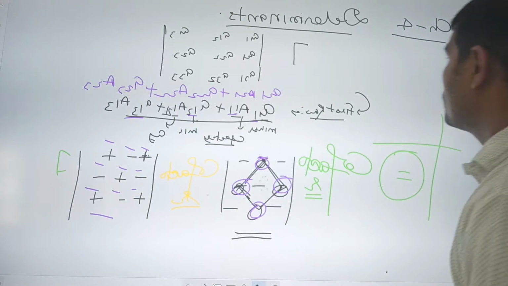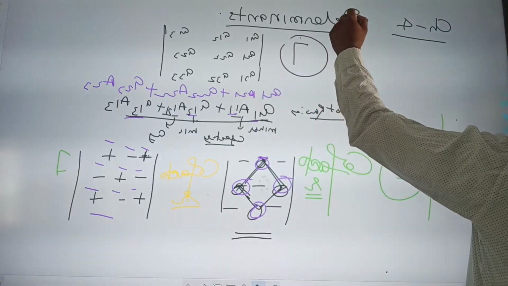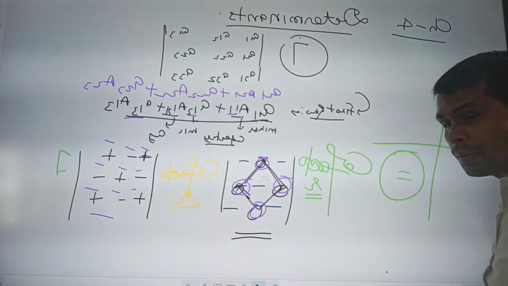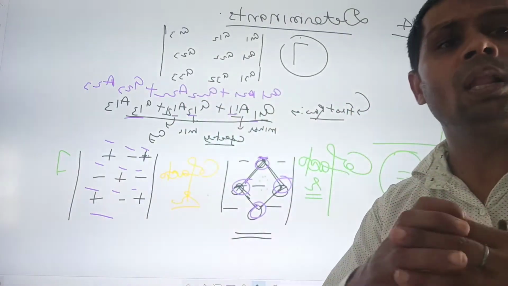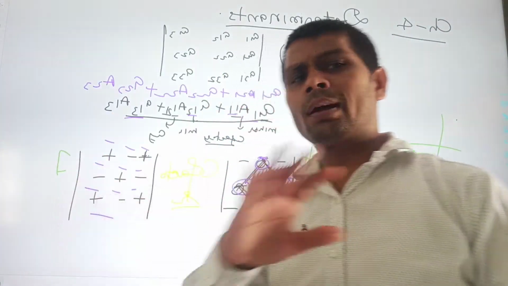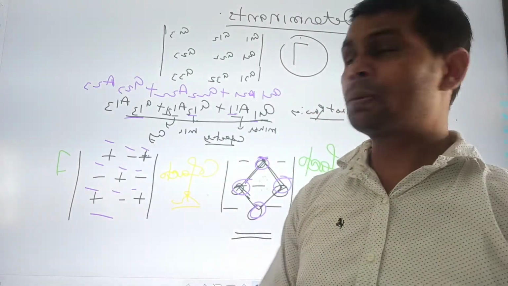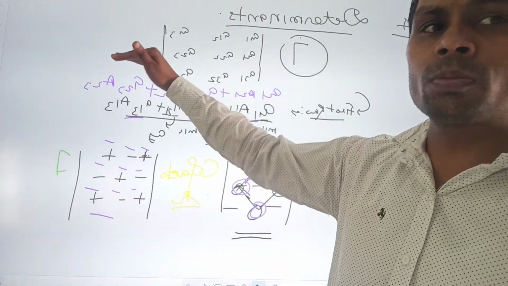First of all, we discussed in this topic the determinant. What is the definition of the determinant? You know very well, I have already told you, it is interlinked with the matrix and it is any number, any value. So I have already told you the definition of this one. What were the main points of this topic? I am going to discuss those points here.